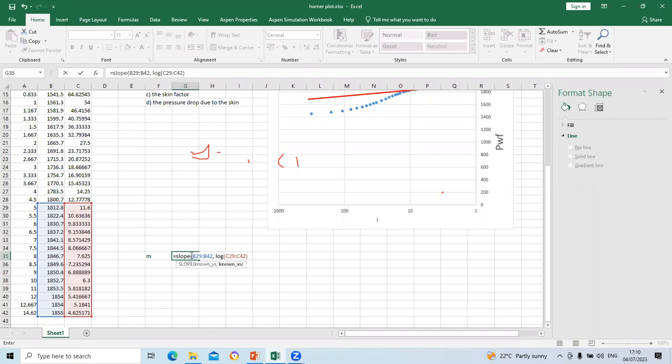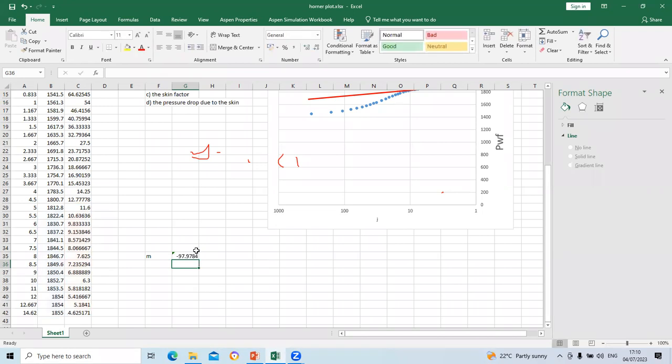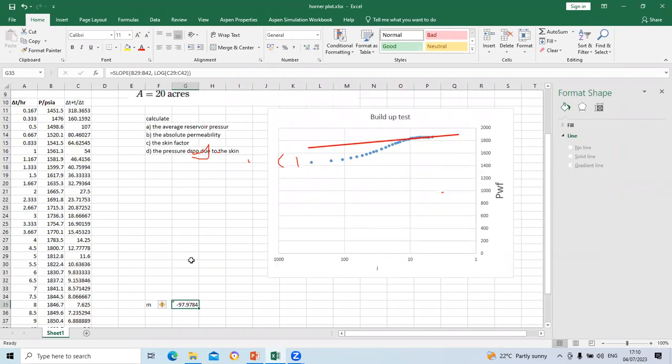Then I close the first bracket. I have to close this first bracket. What I've closed is this one, so I'm going to close it the second time again. And that is our gradient. That's the gradient of that particular graph, -9.7. So now that asks us to calculate the